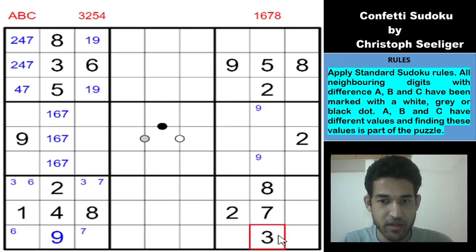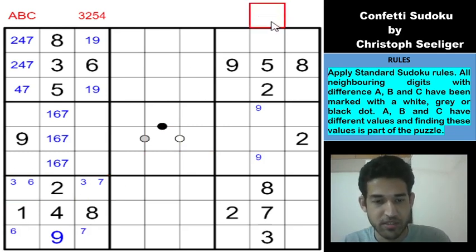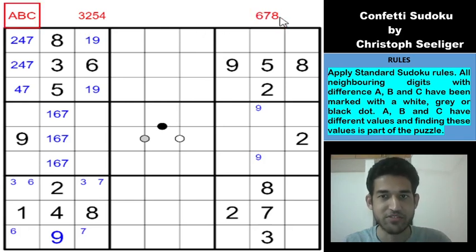So we see that 3 can't be in row 9, right? So 3 must be in one of these 2 cells, and whichever cell it is in, row 7 column 1 or row 7 column 3, there is no dot, right? If 3 is here, the difference is 1, and there must have been a dot here to make the value of one of these dots as 1, but there is no dot between row 7 column 1, row 7 column 2, or row 7 column 2, row 7 column 3, which means that 1 is also eliminated as an option. So 6, 7 and 8 are the possibilities for A, B and C. So we have reduced that,